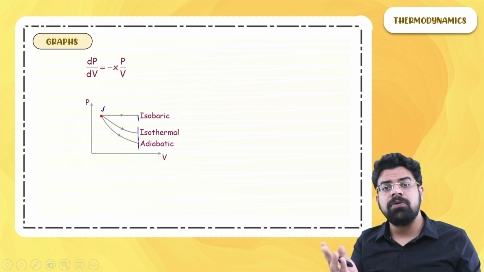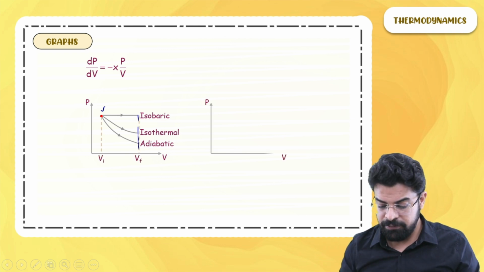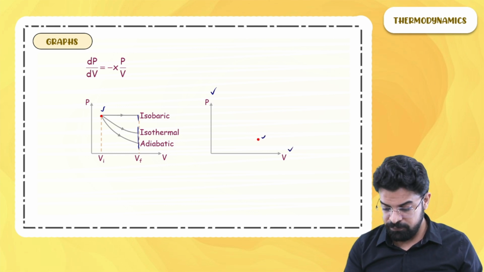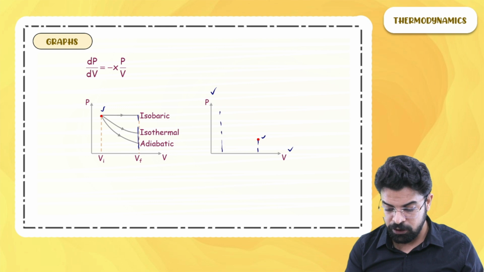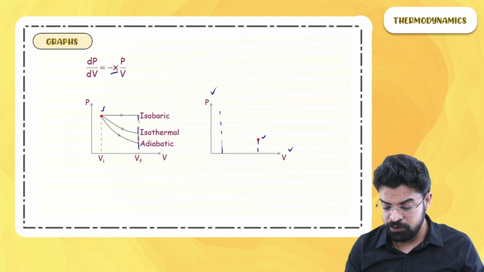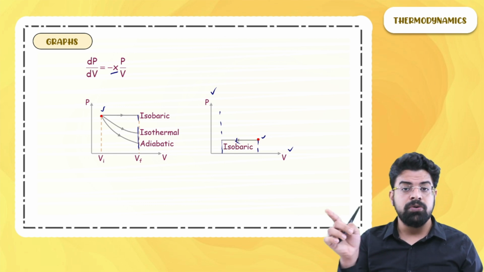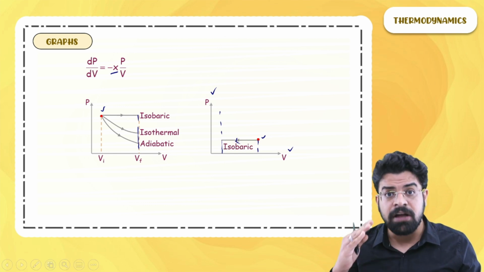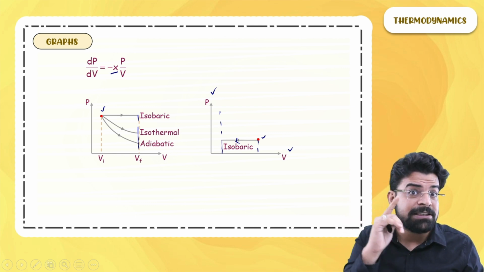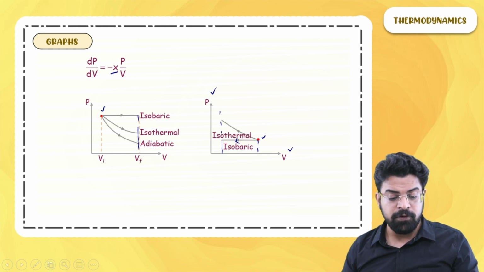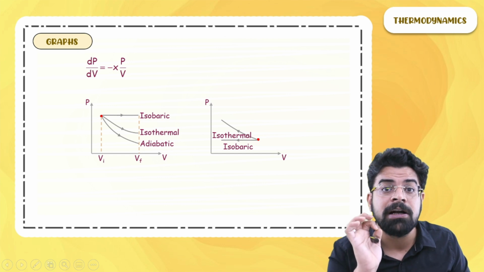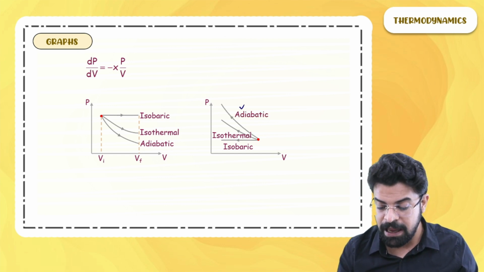If we talk about compression of gas, let's say we have from the same initial state compression of gas to certain particular volume. So for isobaric compression, the slope has to be 0. So we will get a straight line parallel to the x-axis. For isothermal compression, we will get a curve. As the volume decreases, the pressure increases in isothermal process. And for adiabatic process, we will get an even steeper curve because it has gamma times the slope. So this will be the adiabatic compression curve.